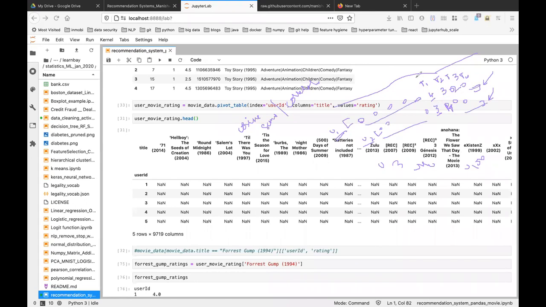Since he also watched T1 and since he also watched T2, this U1 is working from home, so he will watch this movie, let's say T3, and has given rating 2. So let me recommend this particular movie T3 to this user U2. First you figured out that U1 and U2 have similar movie preferences, and once U1 has watched a new movie, you're going to recommend this to U2.